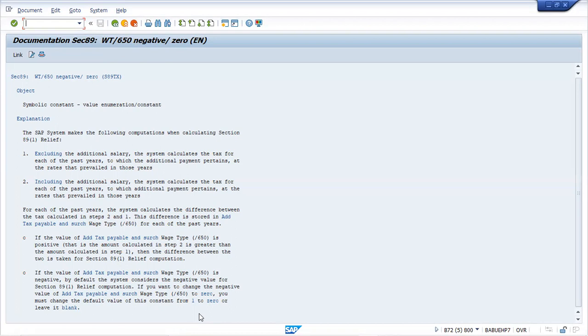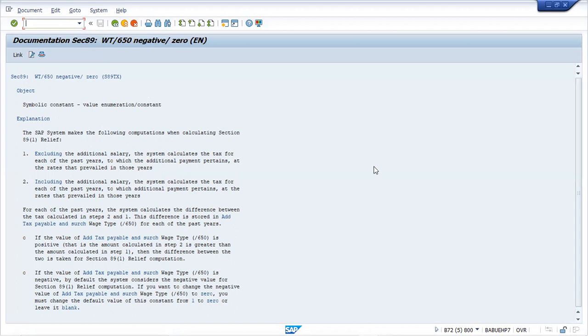If /650 is negative, and you would like to change the negative to 0, you must change the default value of the constant from 1 to 0. Suppose you do not want any negative calculation, then you make it 0 or blank. But if you want to consider the negative as well, then you have to keep it as 1. Mostly I have used 1 only, but it depends upon the organization, and it is again a decision point.